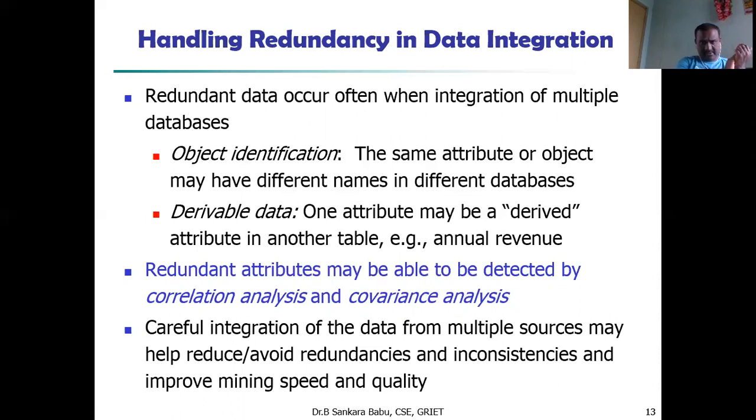Derivable data: one attribute may be a derived attribute in another table, for example, annual revenue. Redundant attributes may be detected by correlation analysis and covariance analysis. Careful integration of data from multiple sources may help reduce and avoid redundancies and inconsistencies, and improve mining speed and quality.